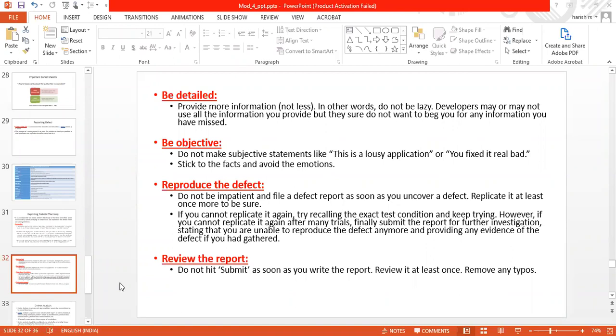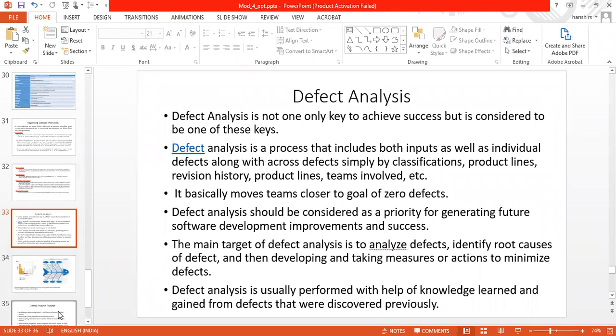Okay. The last one for today is defect analysis. We are not only going to analyze the defect for the success of the product. We have to analyze whether the product is having zero defects.